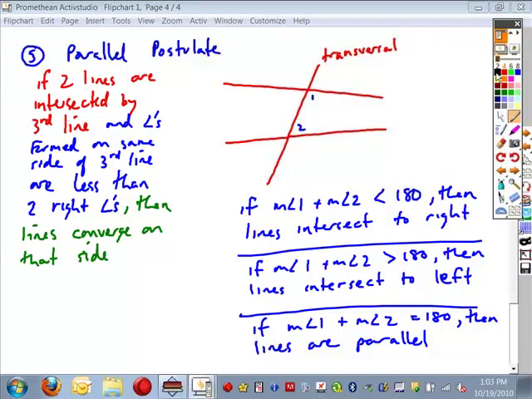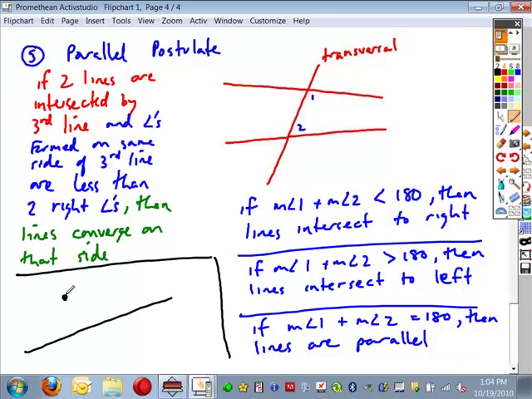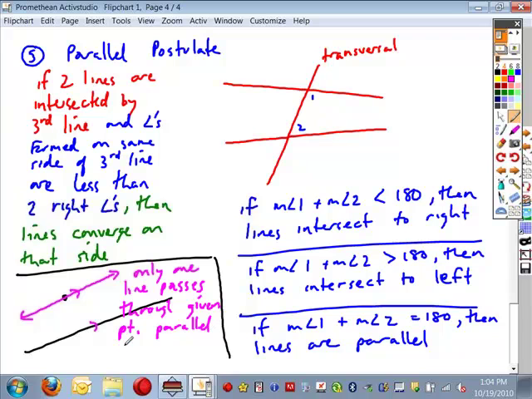And the more modern take on what parallel postulate represents is the following relationship. If you have a line and a point not on that line, the parallel postulate states there can be only one line that passes through this given point that is parallel to the given line. Okay, so only one line can pass through a given point that's parallel to a given line. Okay, we're going to come back and use this when we start doing proofs, and the portion of this parallel postulate that we will most likely use is this bottom relationship. If you intersect